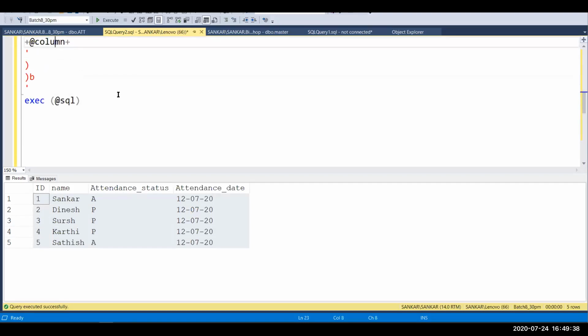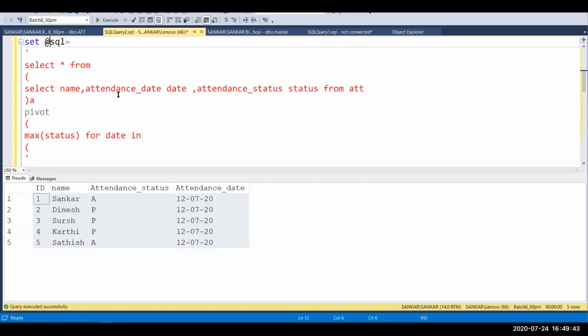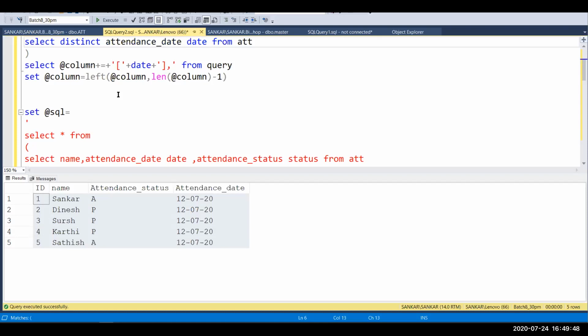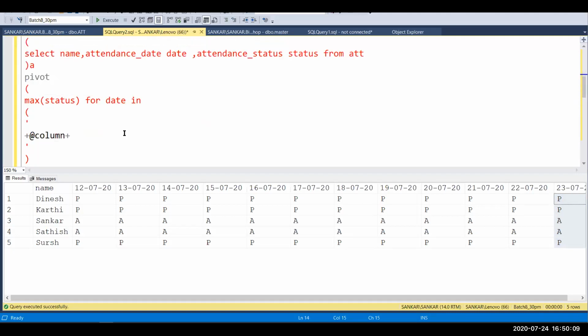So let's check. We have not changed any valuation query, so it's a dynamic query. You don't need to change any columns or any values here. Just run this query. Now we get the data from 23. If you are doing a static pivot table, you have to mention the dates.